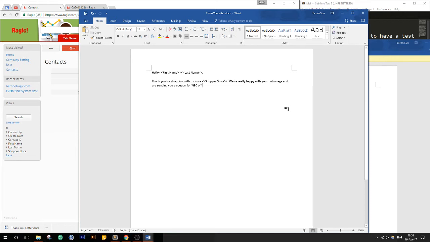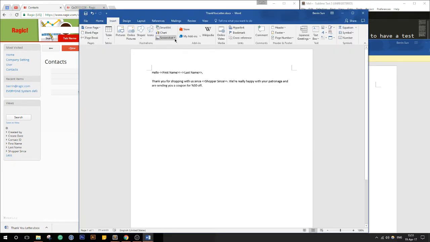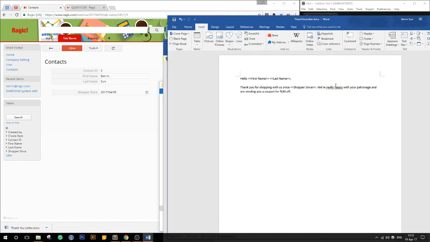By the way, for Word, it does not work for text boxes. So if you're adding a text box through the, I think it's here, or a word art, sorry, you know what I mean, this text box or word art. If you insert the field values with that, it might not work. So make sure that you're doing everything with the Word formatting you want. Yeah, so that makes sense if you have an address on the shopper since. And well,